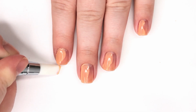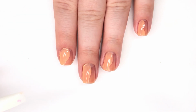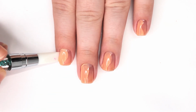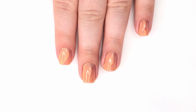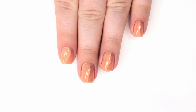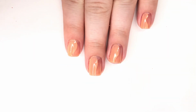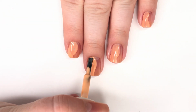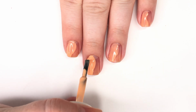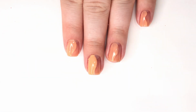Or if you're having issues, you can just do what you can, and then fill in the empty space that you couldn't quite get with the nail polish brush using a dotting tool, which you guys are going to see me do when we do the corally shade. I did need about 2 coats of the orange to reach full coverage, and it was really easy to do. It came together pretty quick, and I really love how this manicure turned out because it is so easy,